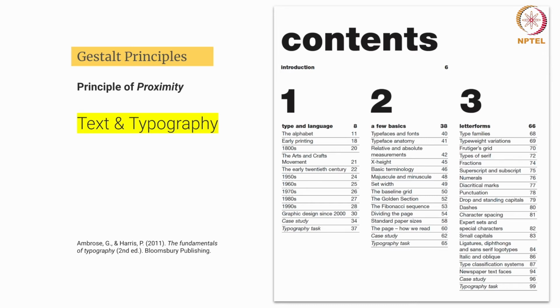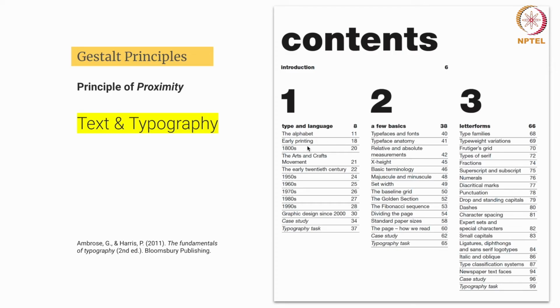So here you can see the overall page has been divided into three segments, and that's happening because of the columns. This overall page has been considered in terms of having a three column grid. So this is one column, this is the other, and this is the third. Within that, the idea of segregation is happening because of this empty space, which you can see under the idea of proximity. Automatically, if you read one, you are not going directly to two, you will go through the details which are available.